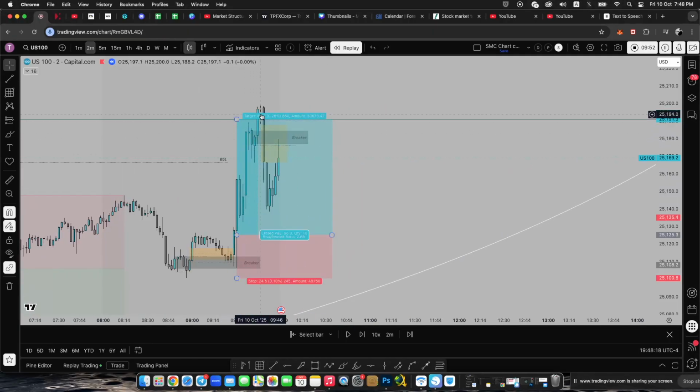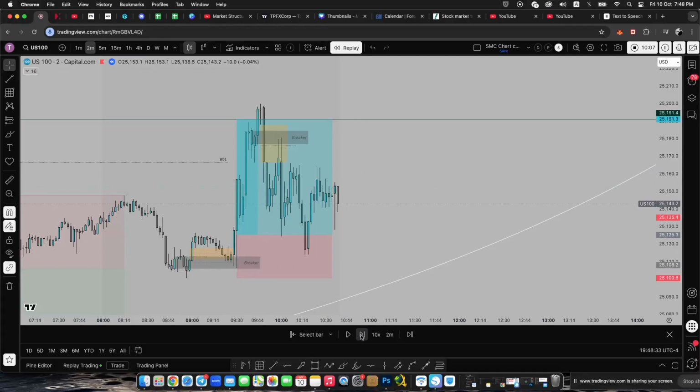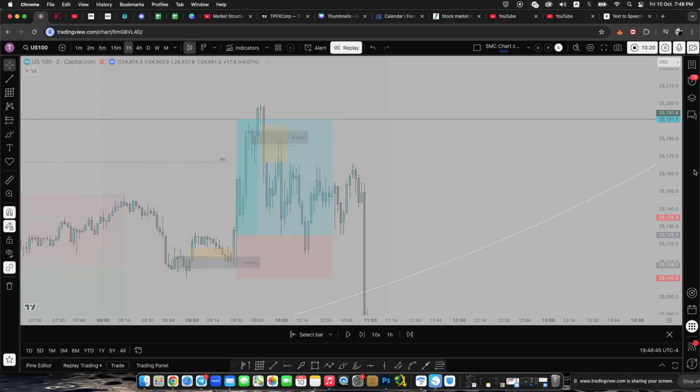You see, you get that manipulation, changing the state with a lot of momentum. Price pulls back. There's another unicorn right there, another breaker and a fair value gap. So it's a nice unicorn. And well, sometime around this area right here, Donald Trump tweeted something about the tariffs on China. He raised the tariffs to 100% or something like that. It was nasty, and that just melted, right?